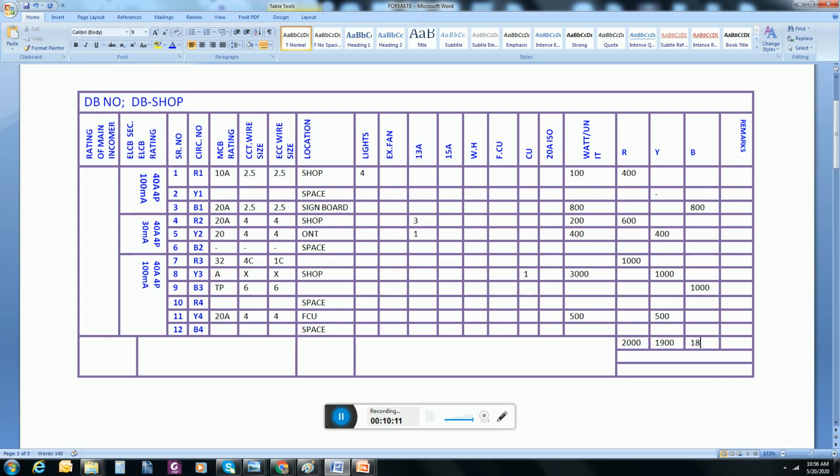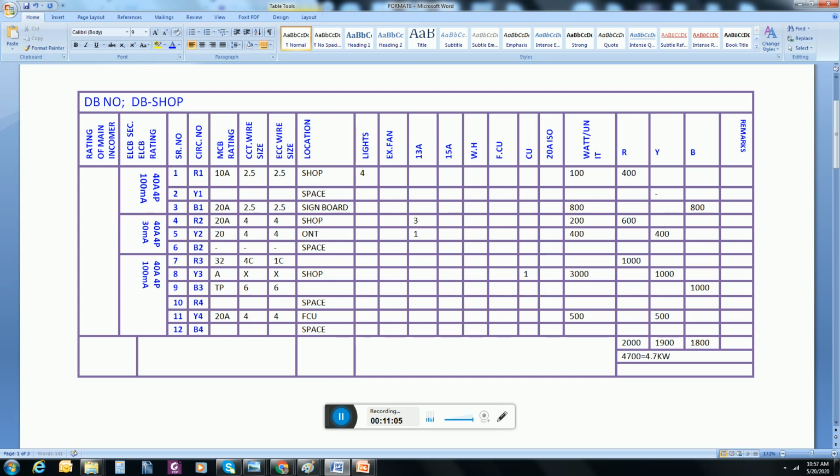Here 1800. Total load will be 4700 watt.